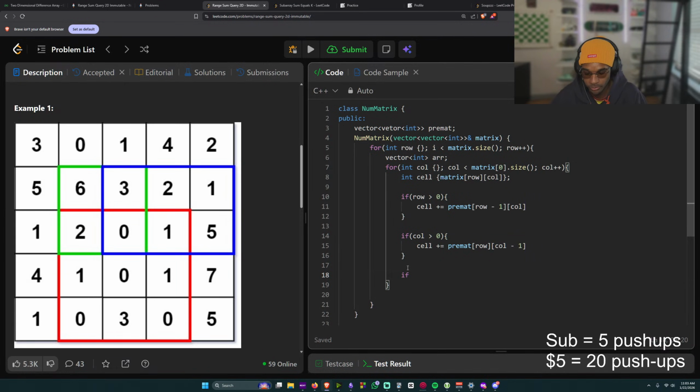So if col is greater than 0, ampersand ampersand, and row is also greater than 0, we need to remove the diagonal because it's been duplicated. So cell minus equals pre-mat at row minus 1, col minus 1.